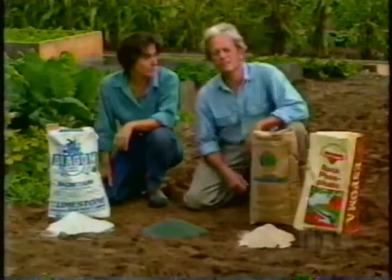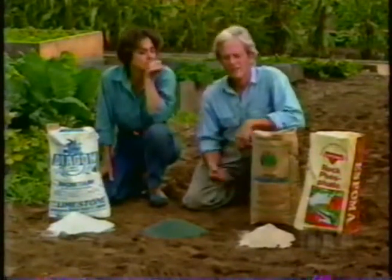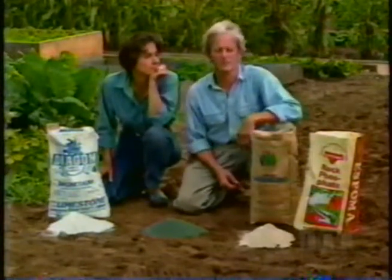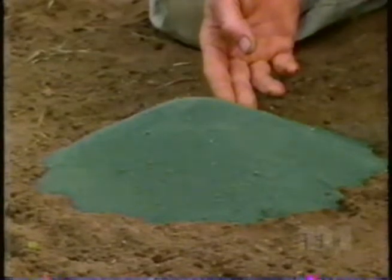Now, in most cases, the other mineral needs of your plants are taken care of by plenty of good compost. But there's a just-in-case here. And there are two soil amendments that Barbara and I use sort of as a garden insurance policy. They are both ground rock minerals, just like the limestone. This is phosphate rock, a good source of phosphorus, and this is green sand, a source of potassium and any